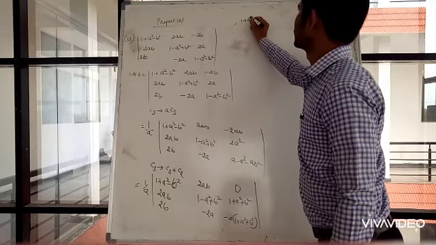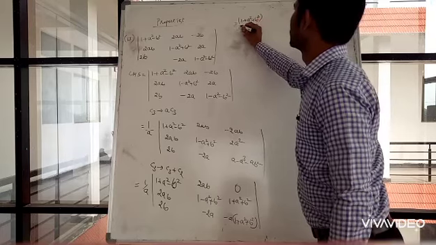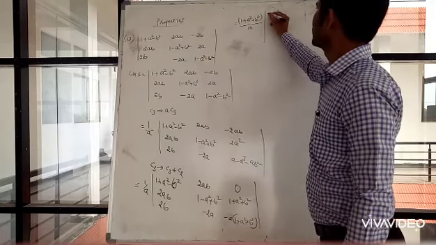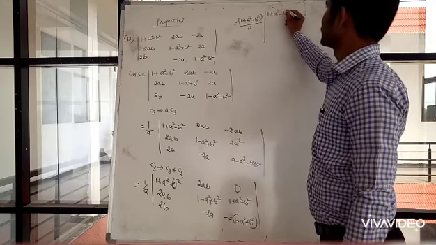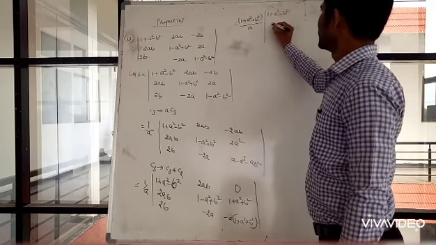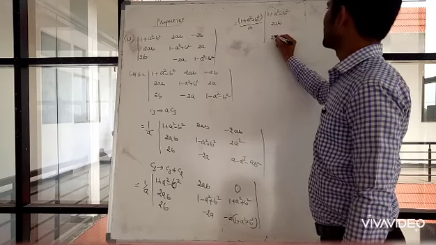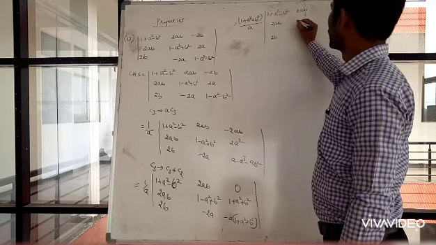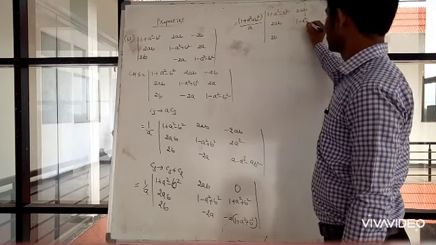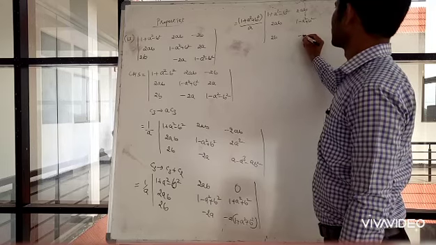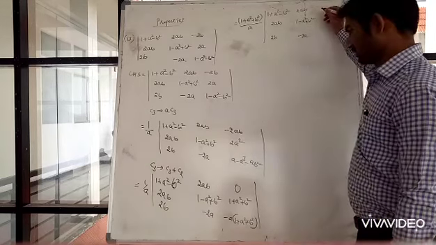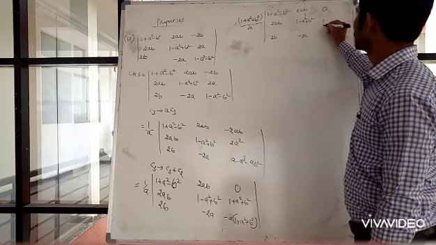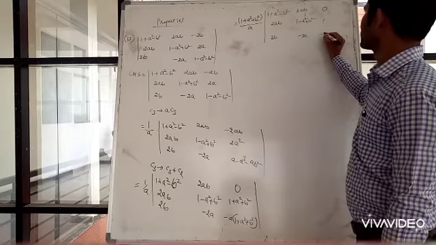One plus a square plus b square is common, divided by a, is the determinant. 1 plus a square, minus b square, 2a, here 2b as it is, here also 2a, 1 minus a square plus b square, minus 2a. Here we have taken 1 plus a square plus b square outside. 0, 1, then minus a will be